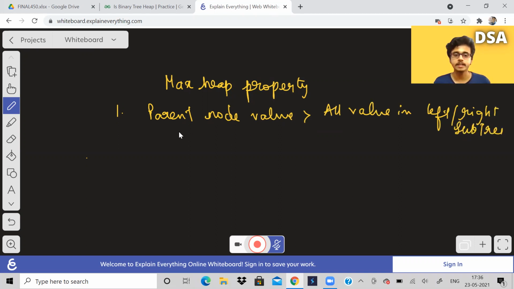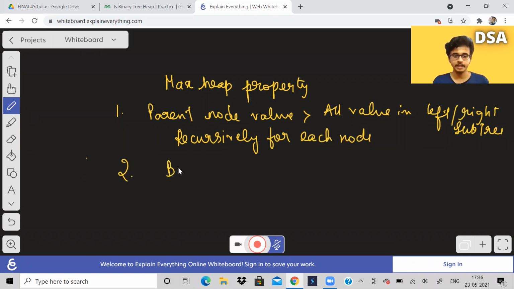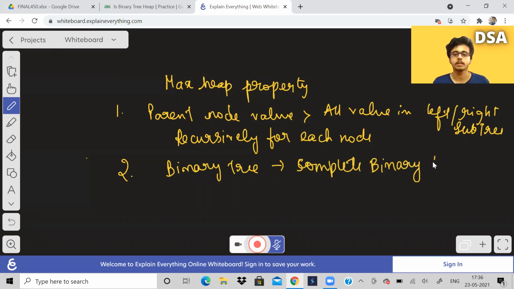And this should be recursively true for each and every node. And the second most important property is the binary tree should be a complete binary tree. So these two properties are a must. So we should check these two things, and if it satisfies, then yes, the binary tree is following max heap property.